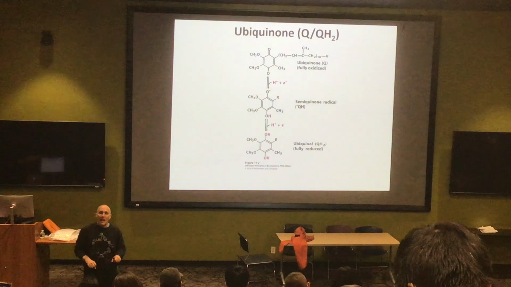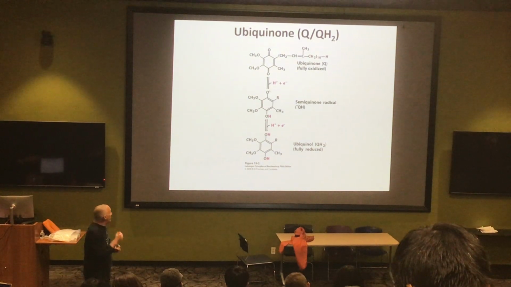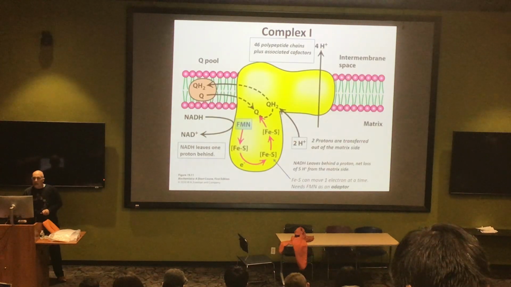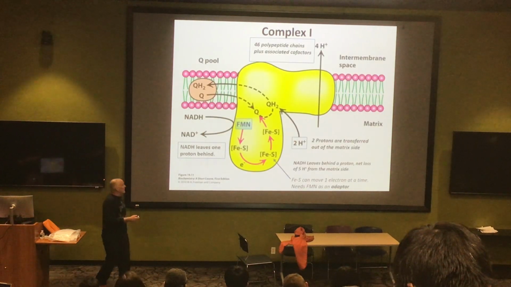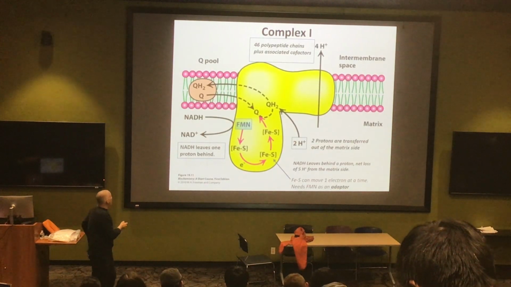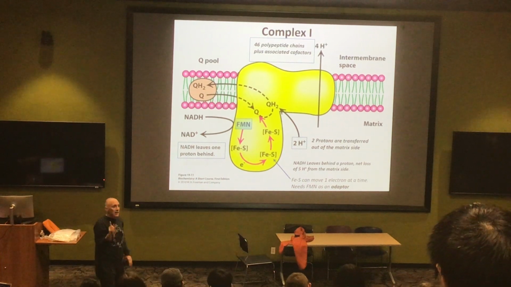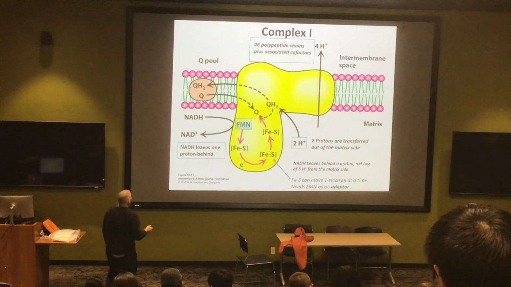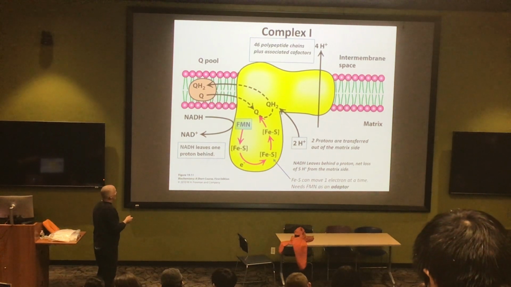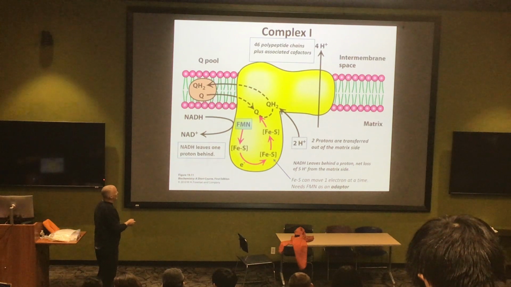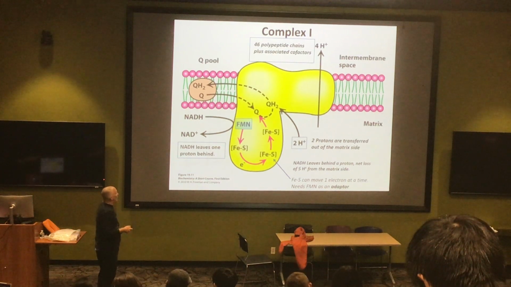Let's actually see what's happening. Let's try to see how we're going to convert that energy into a form that an enzyme can actually use to make ATP. So here we go. Here are NADHs from the citric acid cycle, not from glycolysis. That will turn out to be very important. We're going to drop them off with the first electron acceptor, FMN, and it's going to shuttle those electrons from one iron sulfur cluster to the next iron sulfur cluster.